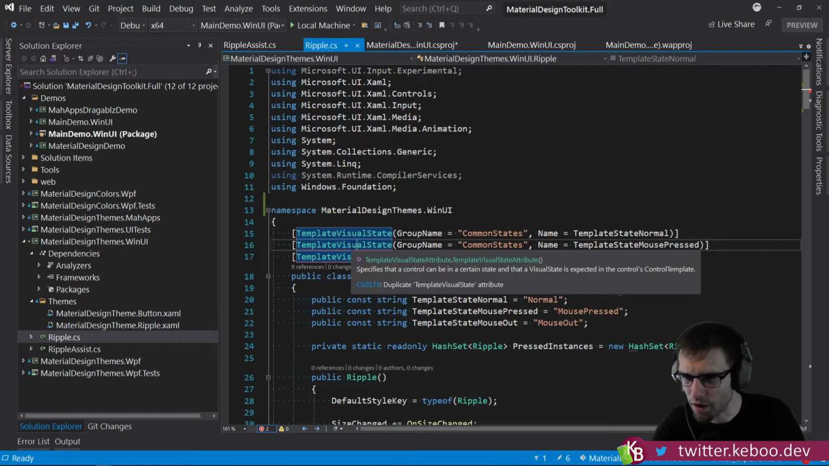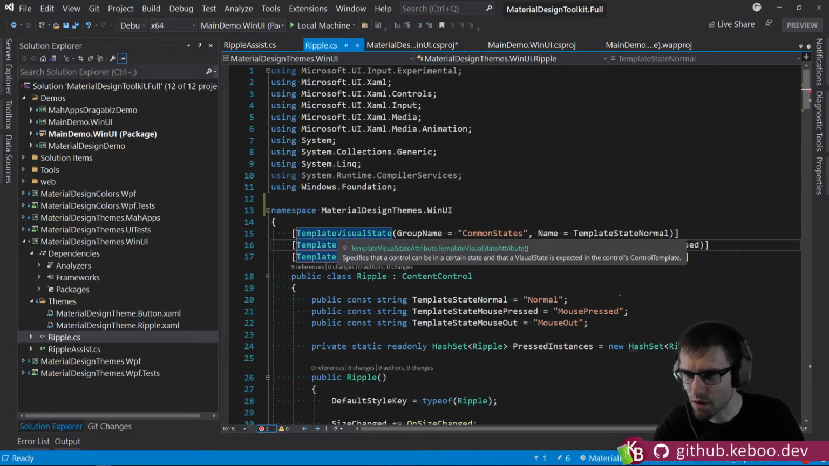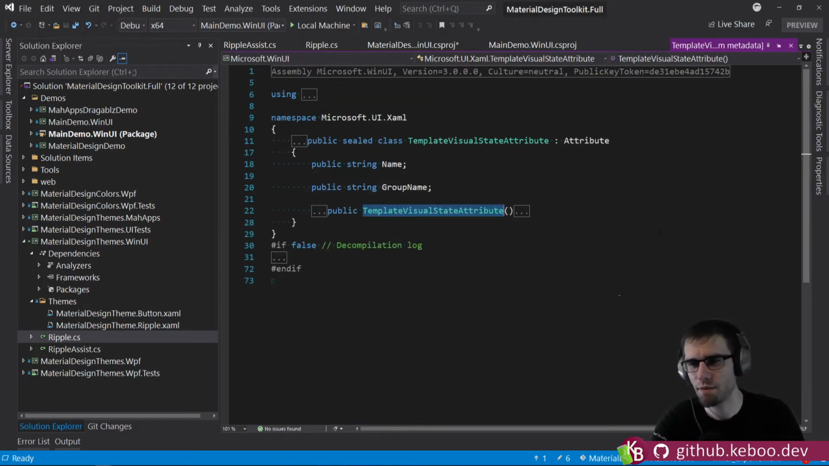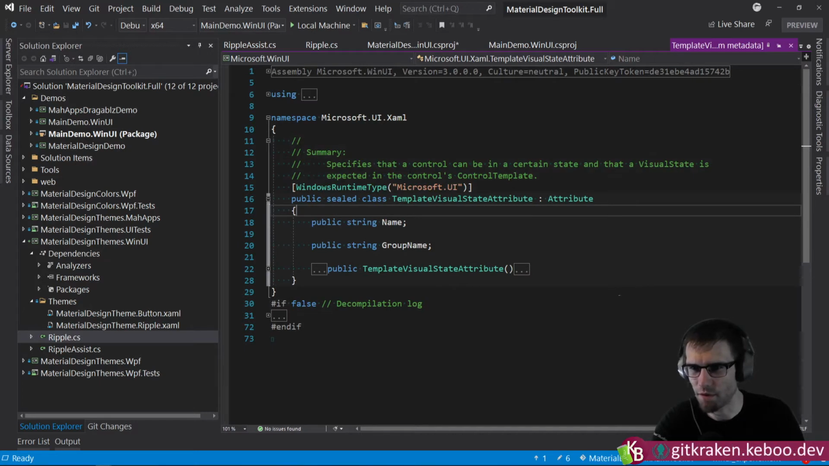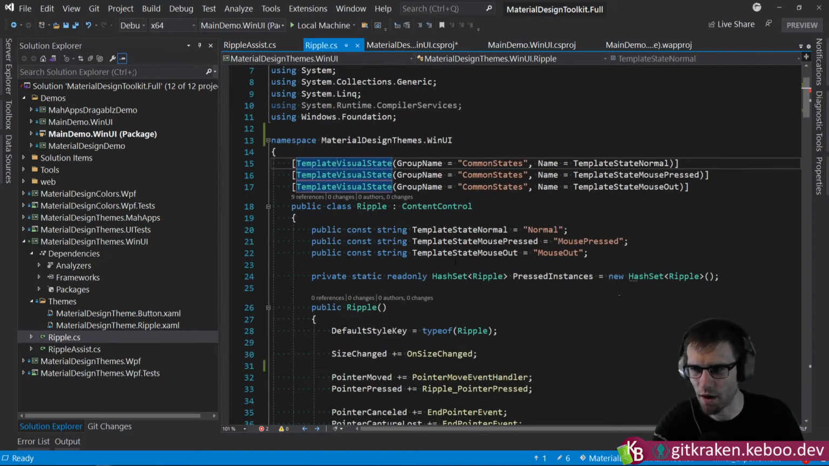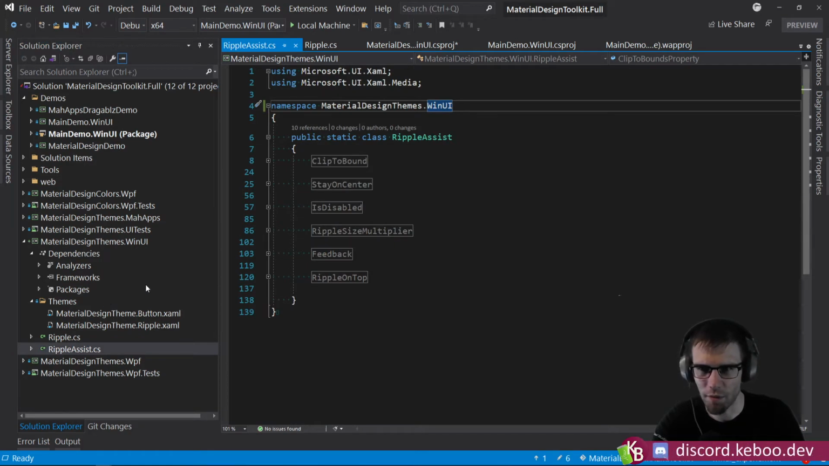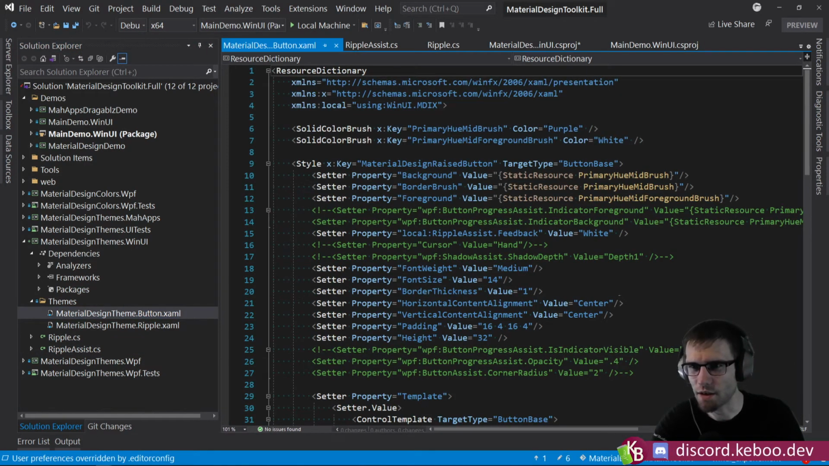Duplicate template visual state attribute. Sorry, what? That seems to imply that you have attributes of unique, which doesn't appear to be the case. I am confused why that might be an issue, but we'll ignore it for the moment. Let's check these guys here. So